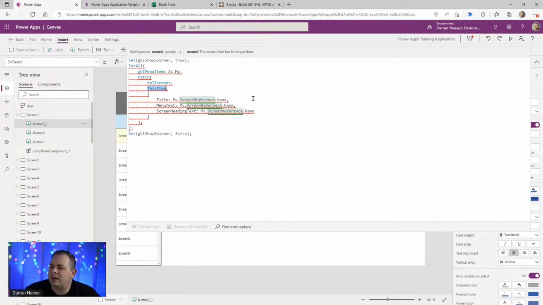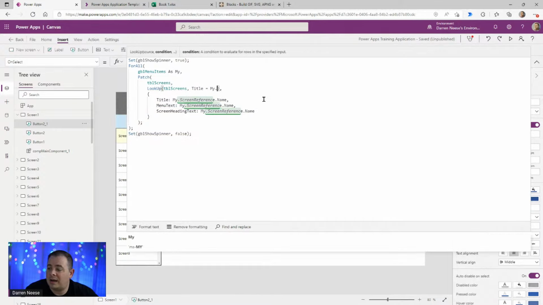Nah, never mind. So this is what I'll do. I think I'm getting my ideas mixed up here. So I'll do a lookup on the table screens, and we need to pull back a single item. And what I'm going to do is say where title equals my dot